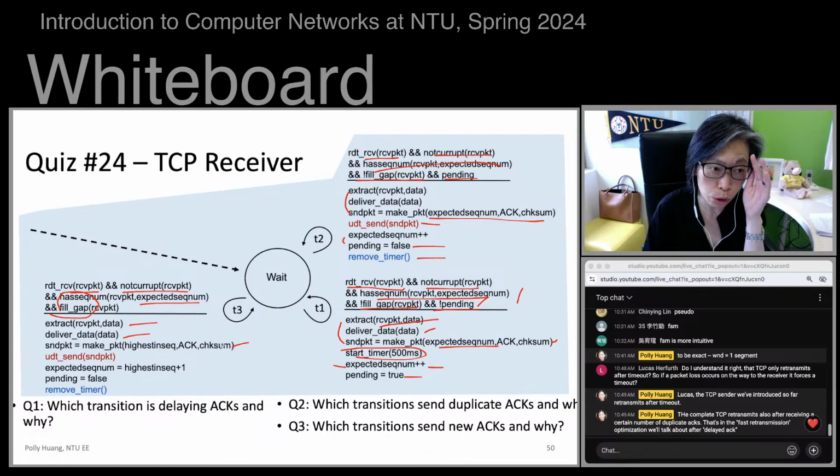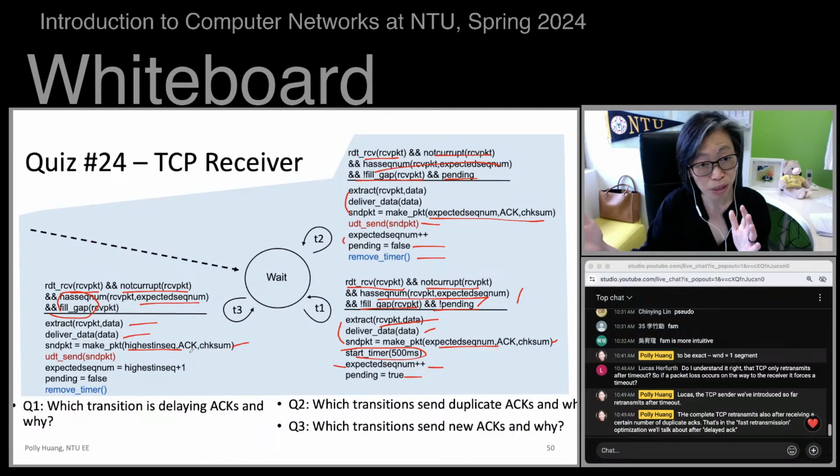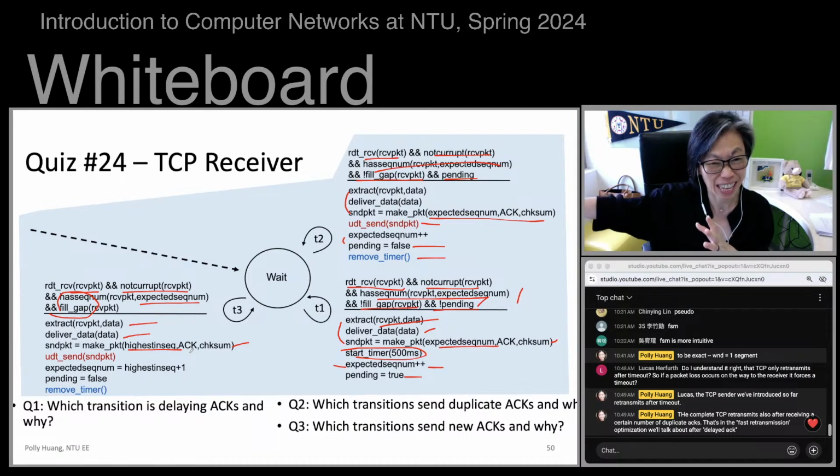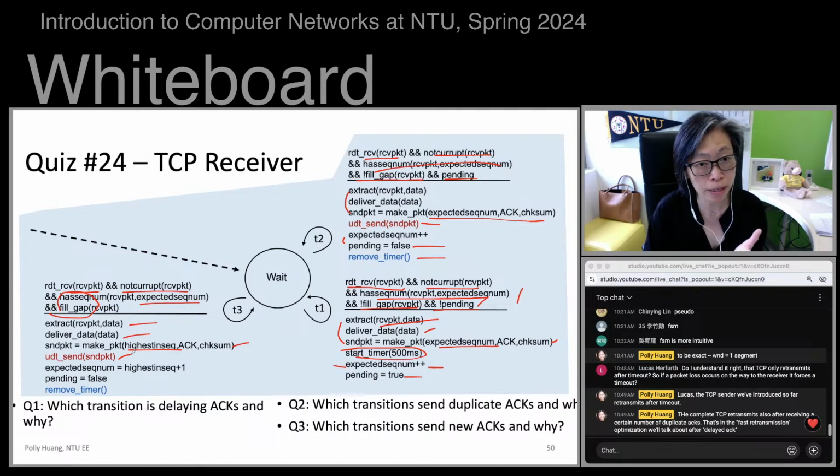But generate to which point? You generate it to the highest sequence number arrived in order, to the beginning of the next gap, because there could be multiple gaps. You send this ACK because Go-Back-N is cumulative ACK, and TCP, being Go-Back-N, also runs cumulative ACK.